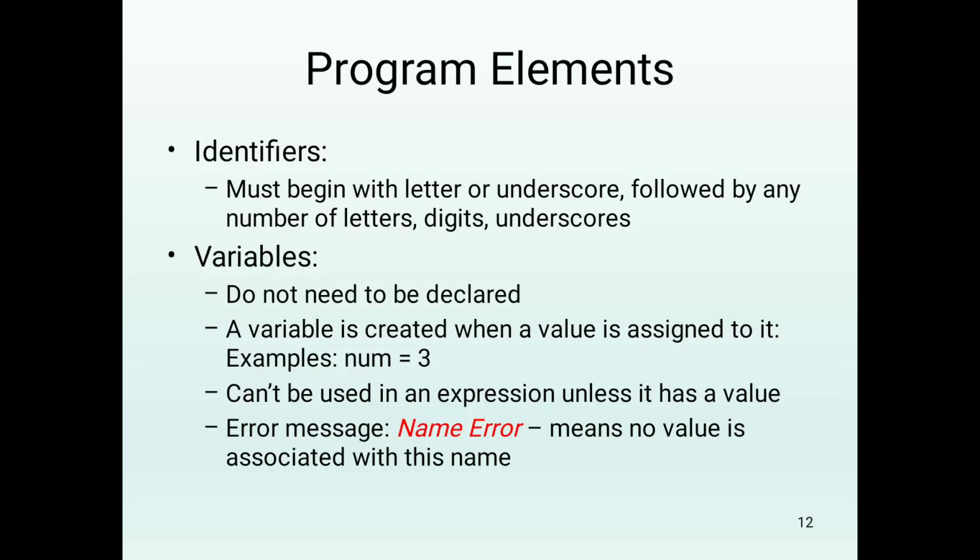Then program elements. So what are program elements? Identifiers and variables. So there will be two parts in the program elements, one known as identifiers and another one the variables. Identifiers must begin with a letter or underscore followed by any number of letters, digits and underscores, right? So that is the condition for the identifiers. An identifier is a name given to any type of variable, class names, okay, program names like that. So here we are taking them as variable names. It must start with a letter or underscore followed by any number of letters, digits and underscores.